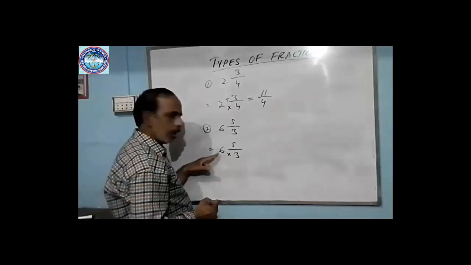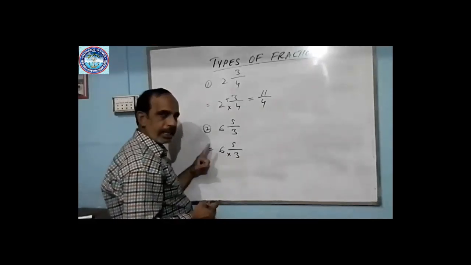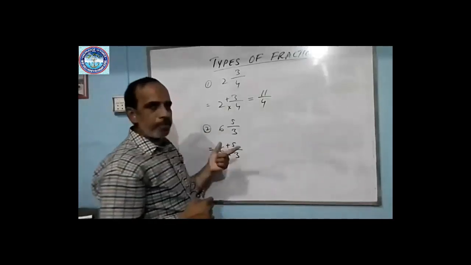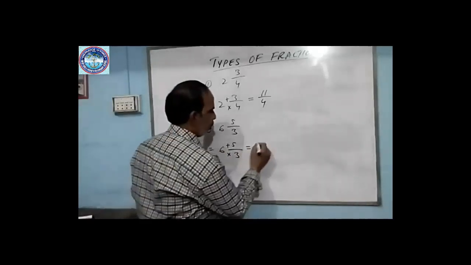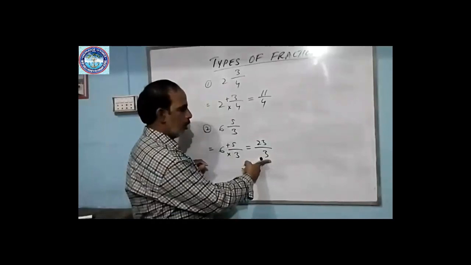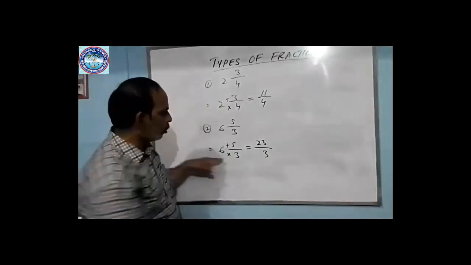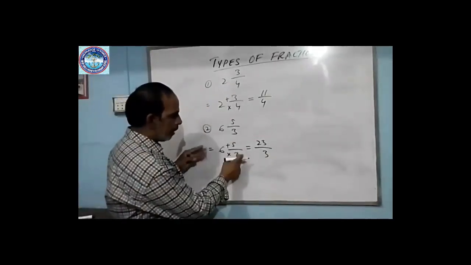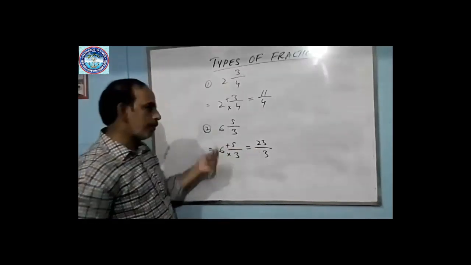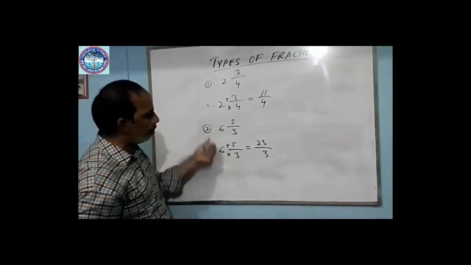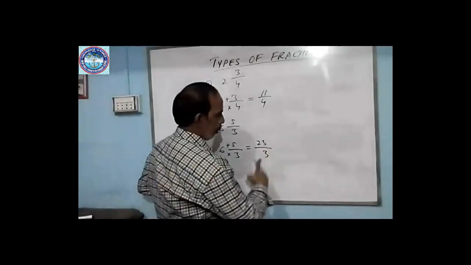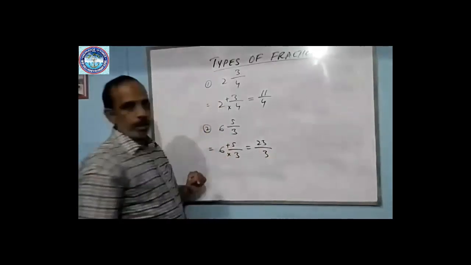Denominator multiplied by the whole number, that is 3 6s are 18. Then to 18 we will add 5. 18 plus 5 becomes 23. So it means 23 upon 3. The denominator will remain the same. So this is the mixed fraction that we converted into an improper fraction. This is the method for conversion from a mixed fraction to an improper fraction. So this is our improper fraction and this is our mixed fraction.